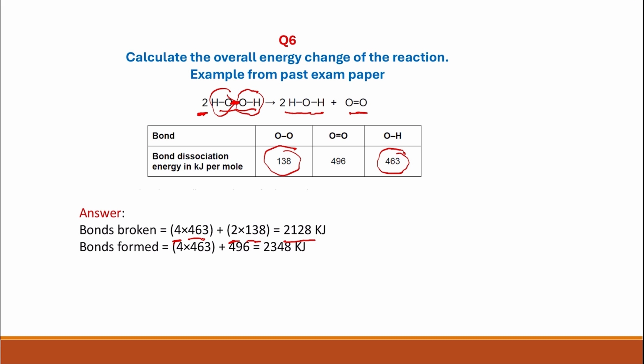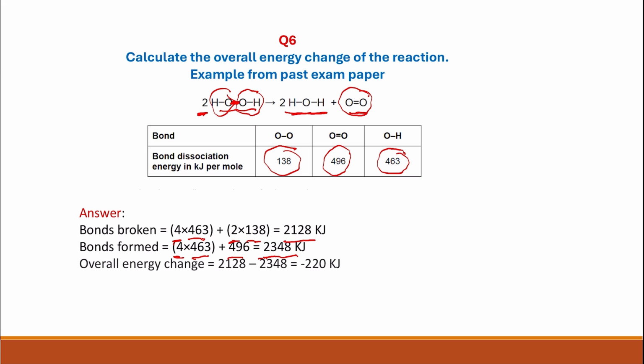And then we need to calculate the energy released when the bonds are formed for the products. We have 2 moles of water. In each water molecule, there are 2 OH bonds. So in total, there are 4 OH bonds, so 4 times 463. We also have 1 oxygen double bond, so we're going to add the energy released when 1 oxygen-oxygen double bond is formed, which is 496. So in total, it's